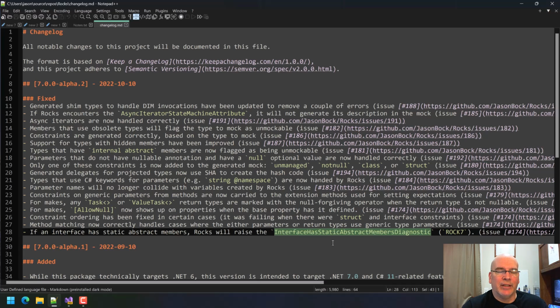Could I find this diagnostic in the code? Now that I'm talking about this, that may be something I do and change, so that I actually look for the diagnostic number that matches when you pass in an interface with these members. Either way, I had to handle the case where you did this because you can't do it.